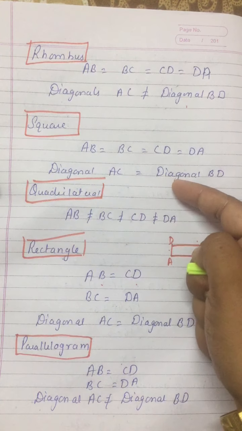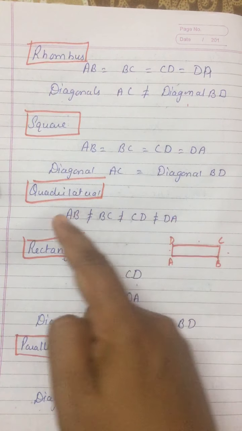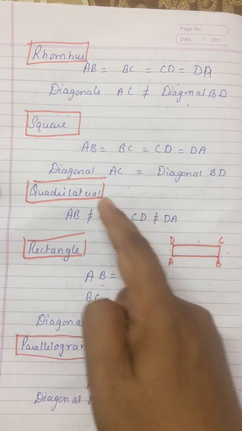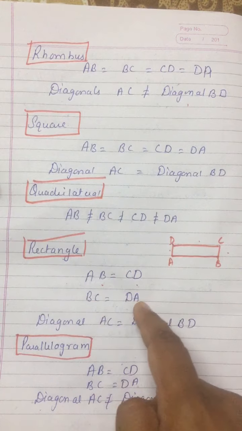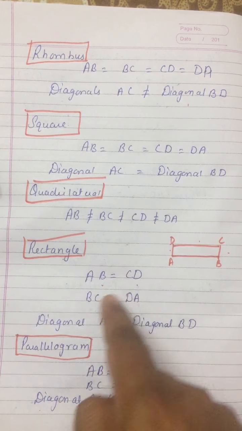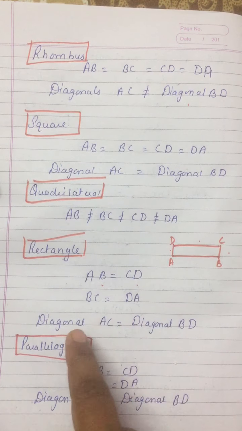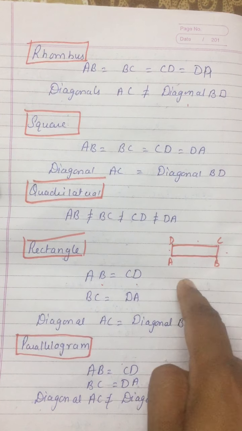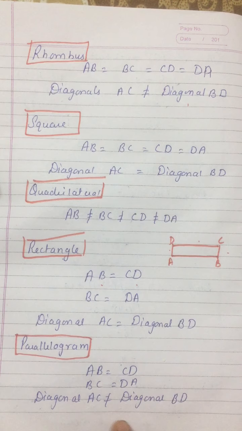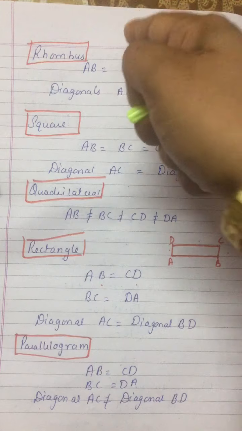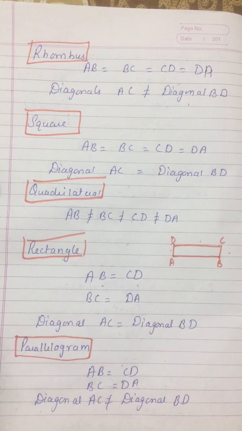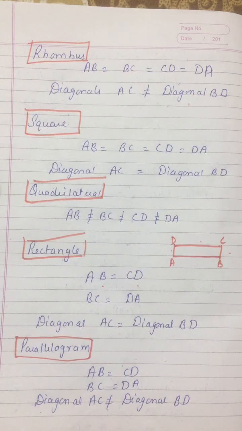All are equal, diagonals are also equal, square. If all the sides are not equal, quadrilateral. Opposite sides equal, this is 4, this is 4, this is 3, this is 3, and the diagonals are also equal, then this is a rectangle. And if the diagonals are not equal, this is a parallelogram. So I will apply the same conditions on the other types also, and easily I can find out the solutions